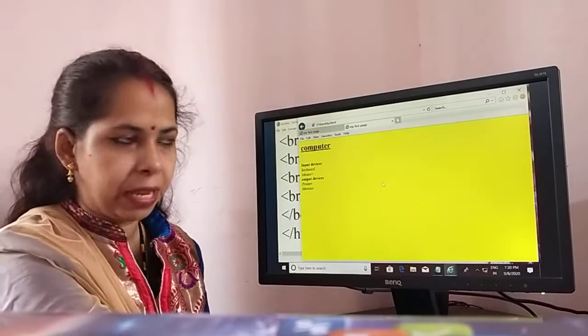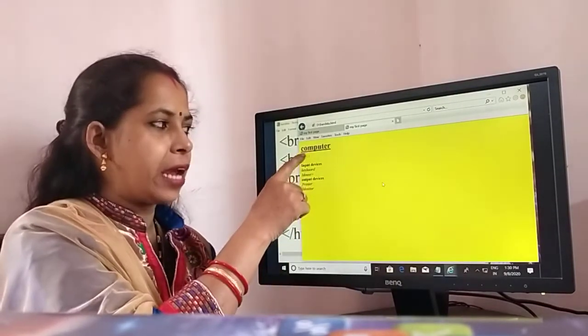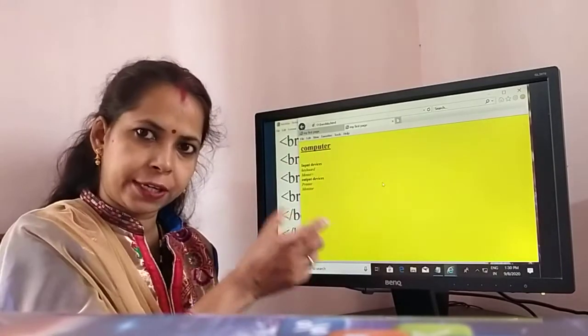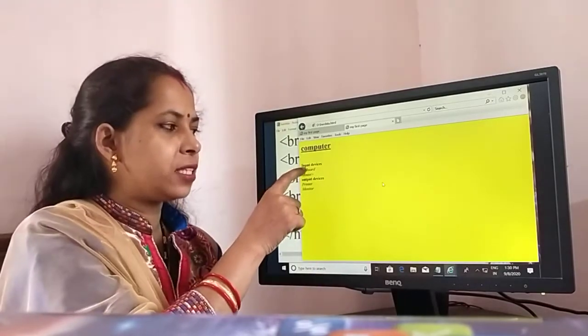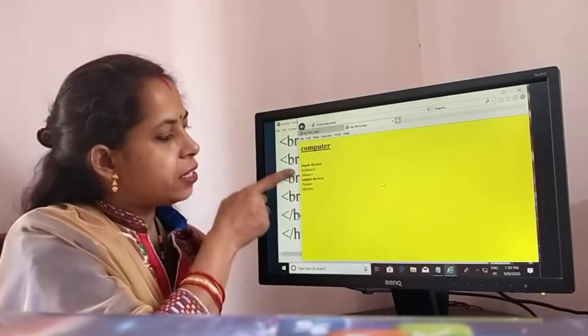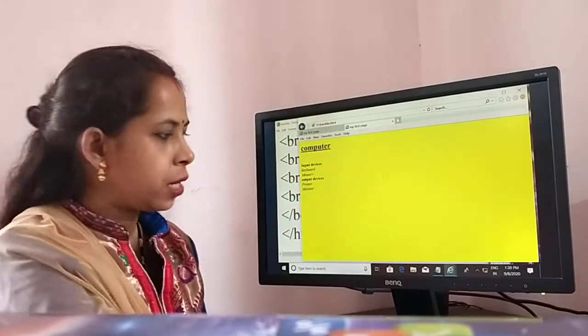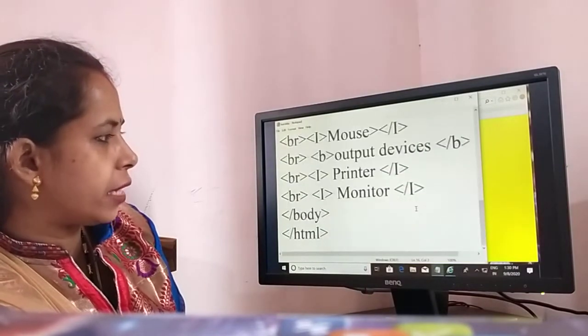So this is displayed. Background is yellow because I set the yellow color. Then our heading is underlined. That word is bigger letter, bold letter, because we are using H1. Next line is bold, and the input devices contents are coming in italic because we have put the I tag here.